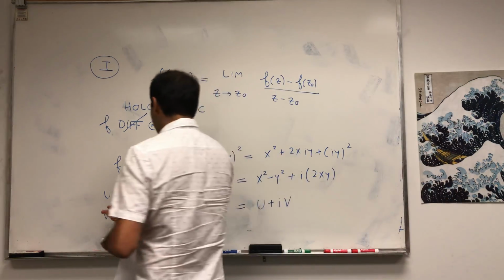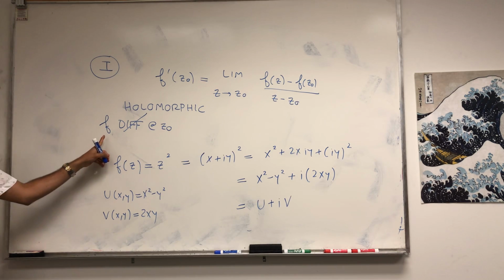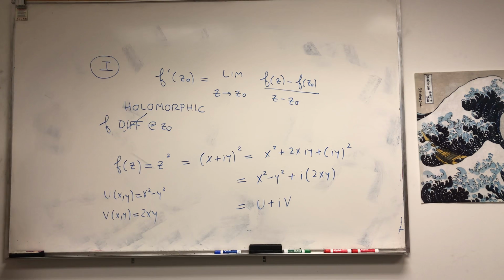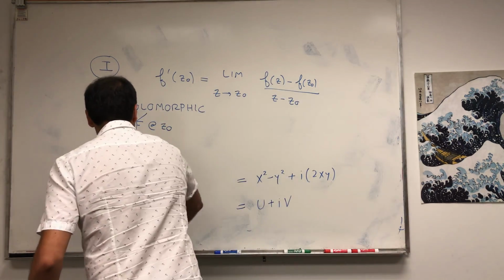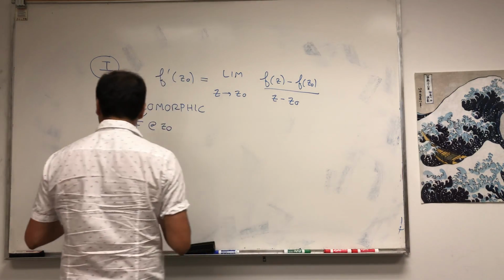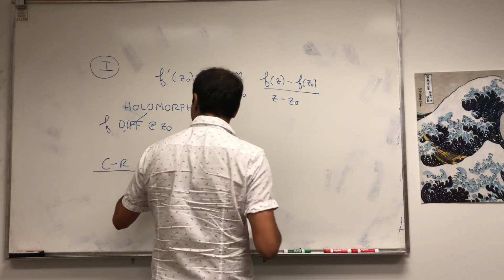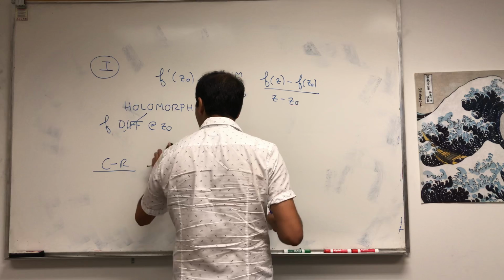Any function can be written in terms of real and imaginary parts. And the question is, is there a convenient way to say differentiable, but with those real and imaginary parts? And in fact, there is. It's what's called the Cauchy-Riemann equations, which I've done a video on, by the way. So the Cauchy-Riemann equations just say that f is holomorphic,